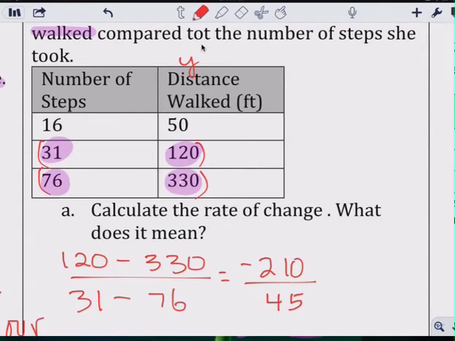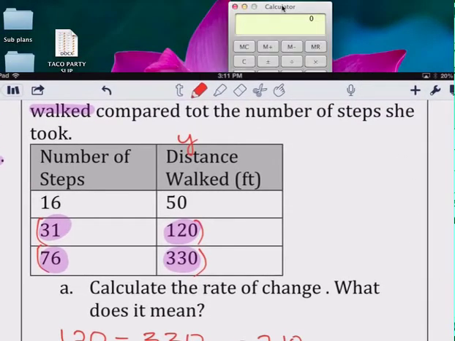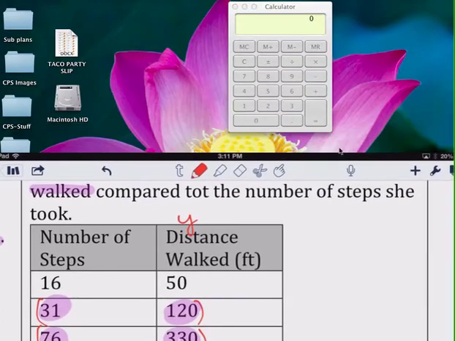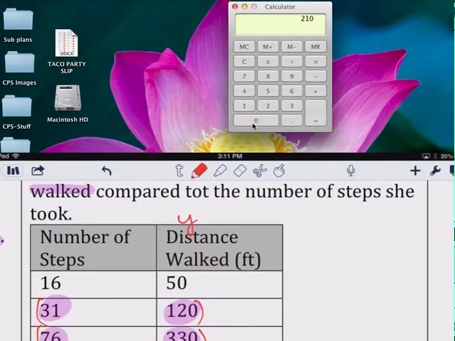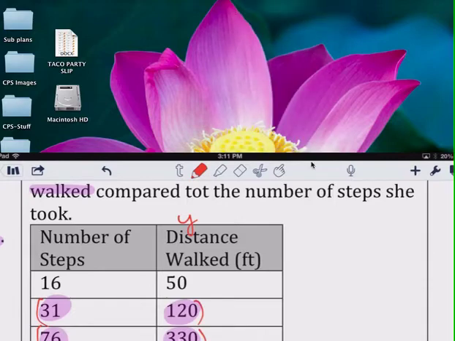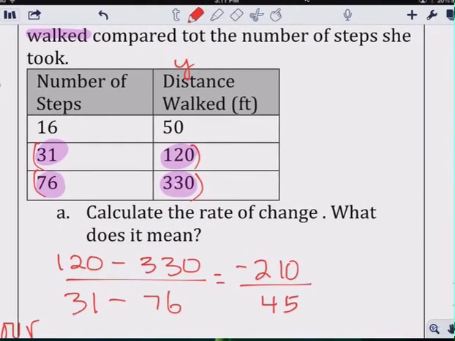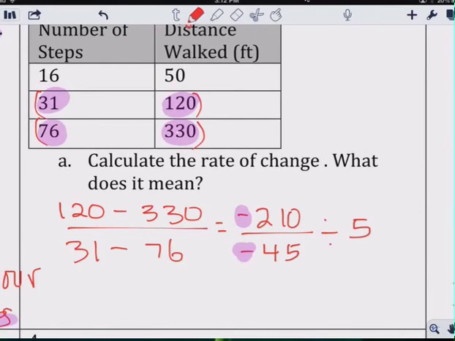Reduce that. Let's use a calculator to see if it goes in perfectly or not first. Let's see. 210 divided by 45. Does it go in perfectly? No, it goes in 4 times, so we get 4 point something. Because it doesn't go in perfectly, we're going to reduce. Two negatives, remember, is a positive. I know by 5 for sure. So my answer is